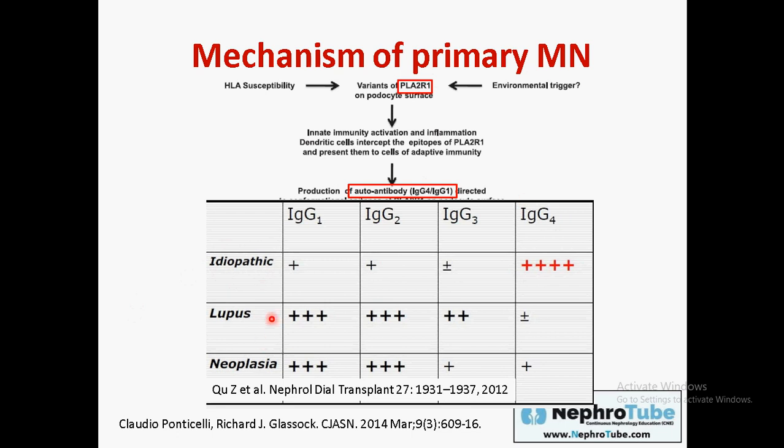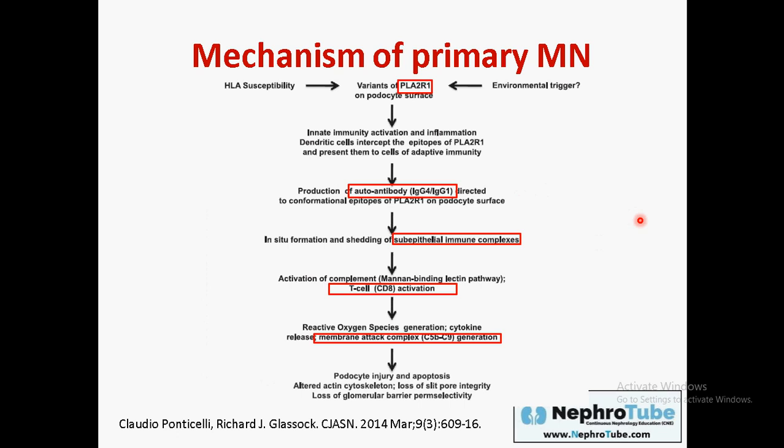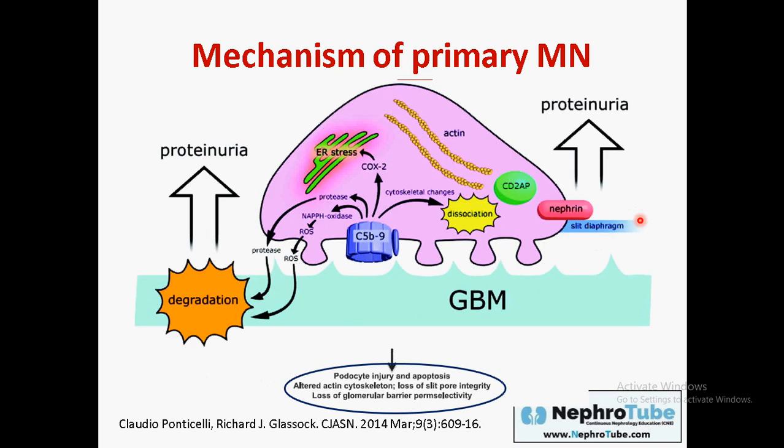And in other secondary causes, IgG4 is not the main subclass of IgG deposits. This is a very important point that we will use in our next lecture to differentiate between primary and secondary membranous nephropathy. At the end of this pathway, there will be podocyte injury and podocytosis and an altered actin cytoskeleton, with loss of the slit diaphragm and degradation of the glomerular basement membrane,